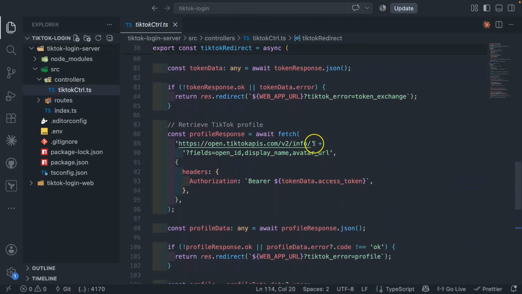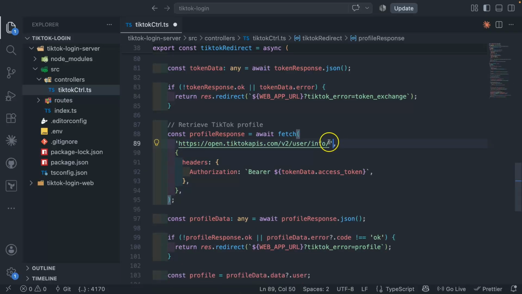Oh, this is the issue. This is where I have the issue right here. So it's supposed to be slash v2/user/info. In fact, let me cut this one out and then just paste it here. Okay, so